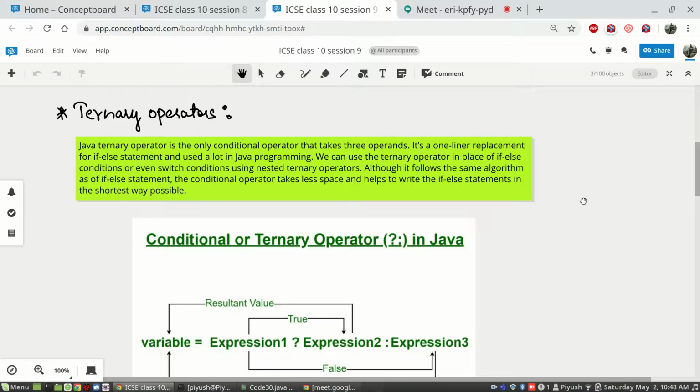Okay, it's a one liner replacement for the if else statement.